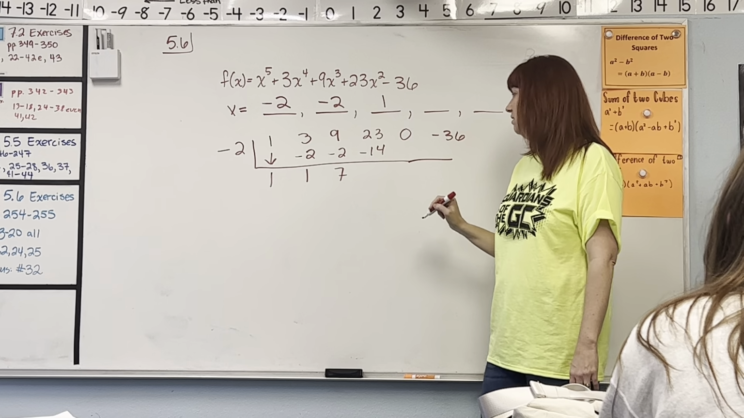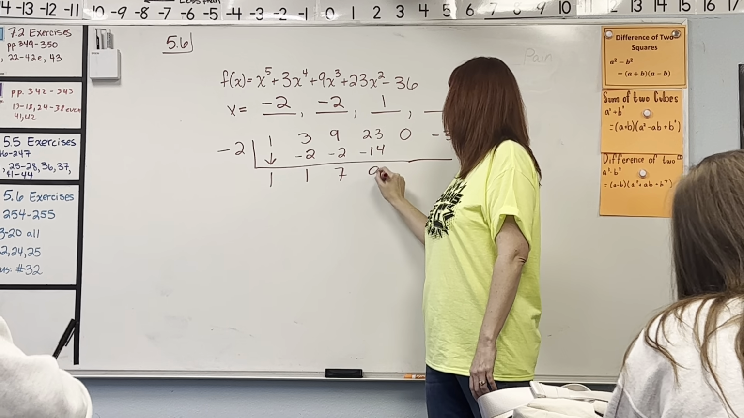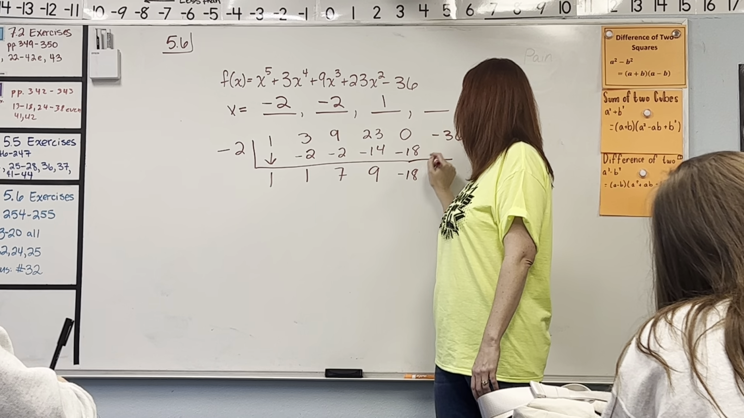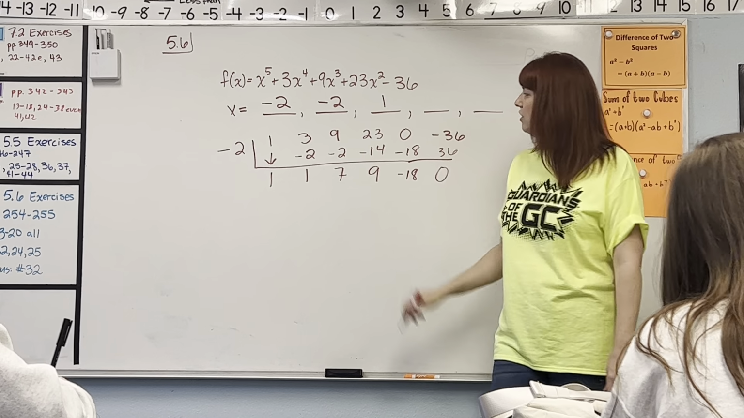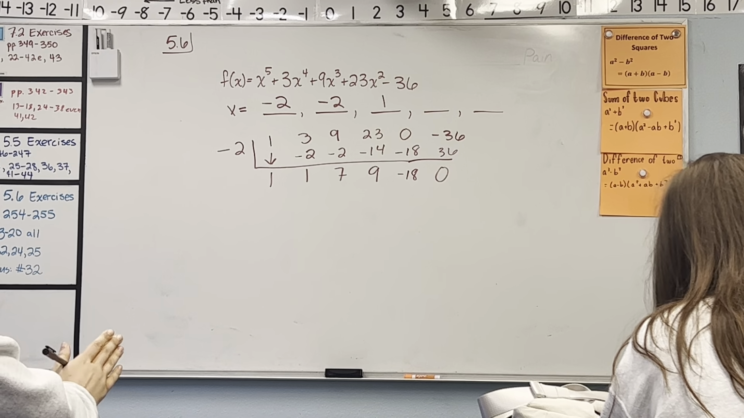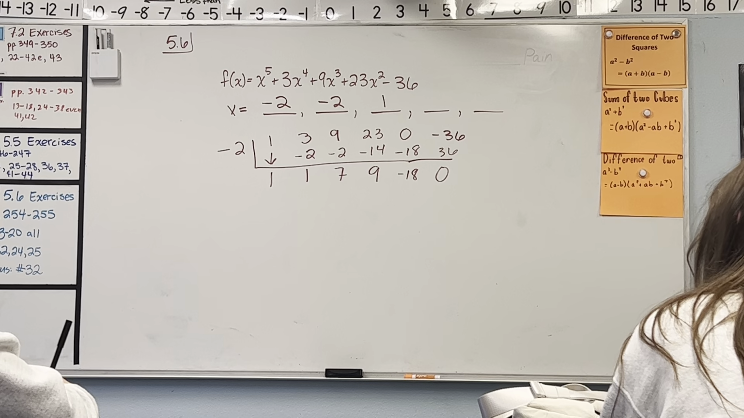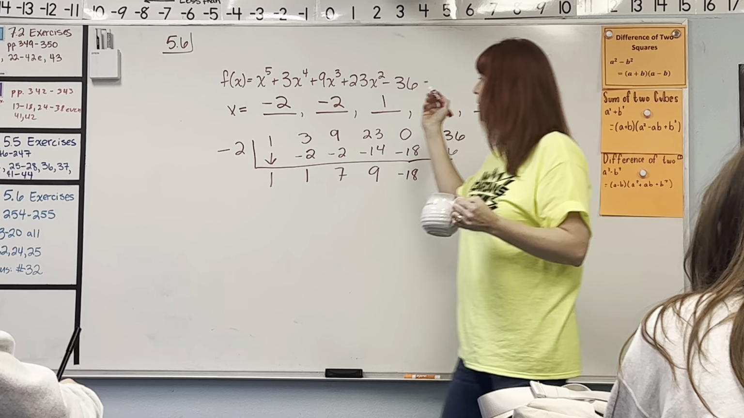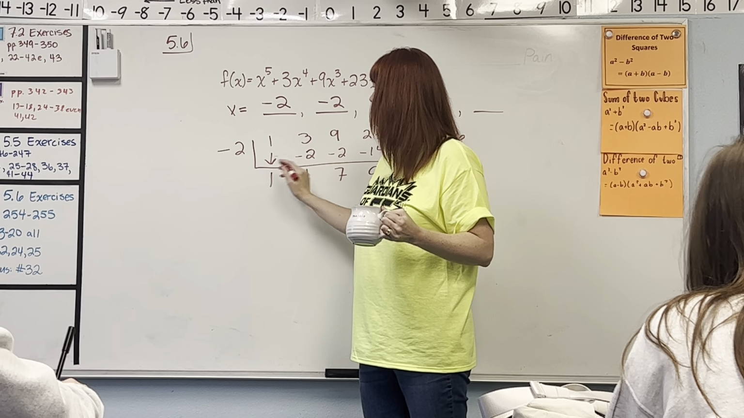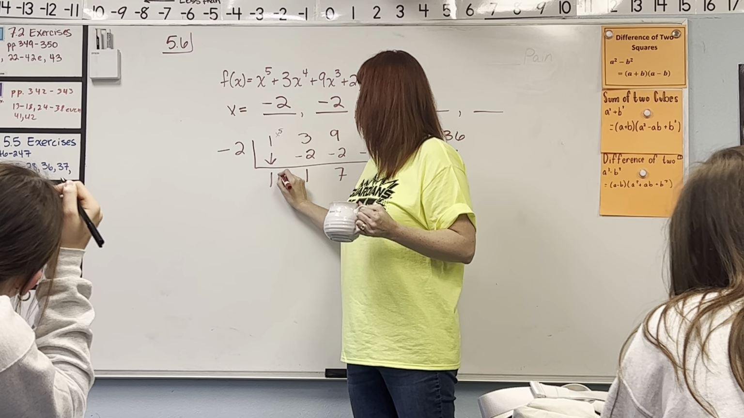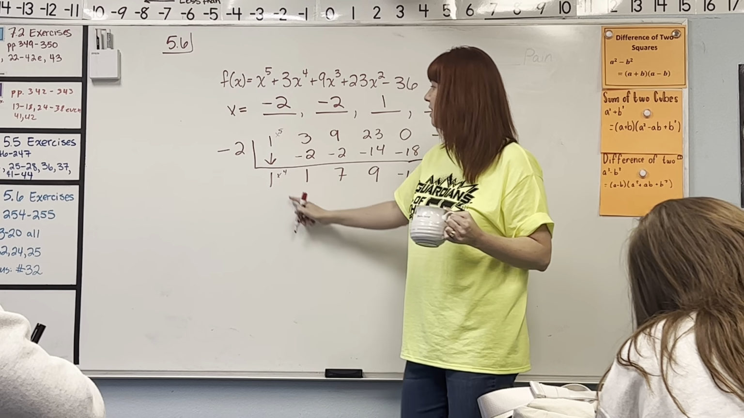What's 23 minus 4? 9? You should get 0 at the end if you did it correctly, because we already know that that is a solution, so it should work. Now remember, I was putting a little note to myself that this was x to the 5th, so that means this is x to the 4th, just so I can keep straight